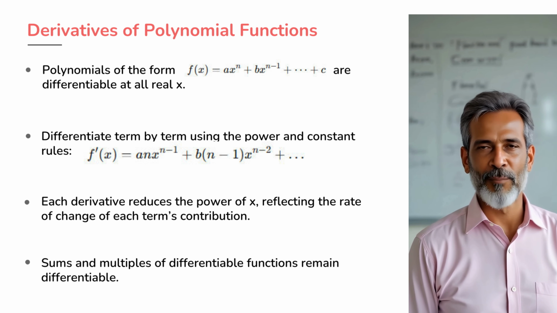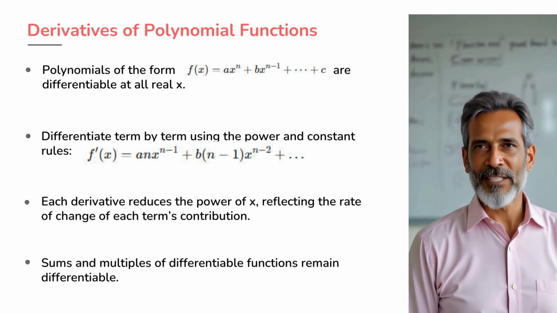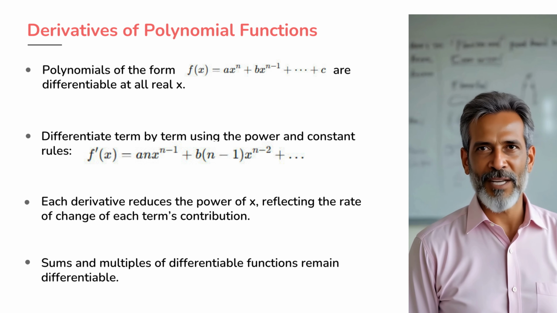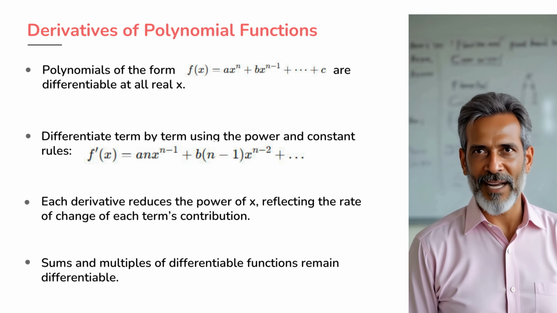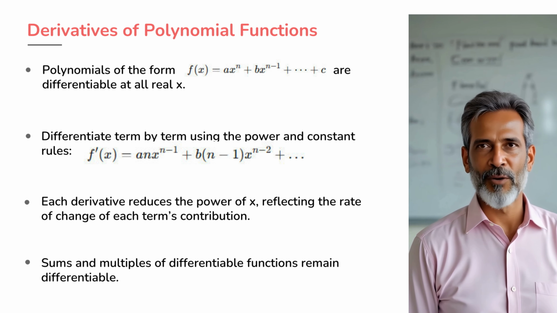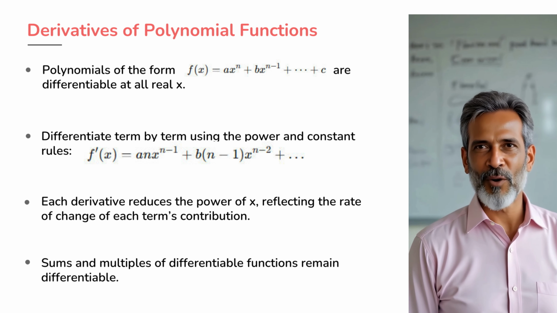This gives f prime of x equals a times n times x raised to the power n minus 1 plus b times n minus 1 times x raised to the power n minus 2 plus the rest accordingly. Notice how each derivative reduces the power of x by 1, indicating the rate at which each term contributes to the function's overall change. Because sums and multiples of differentiable functions remain differentiable, these rules make differentiation of polynomials straightforward